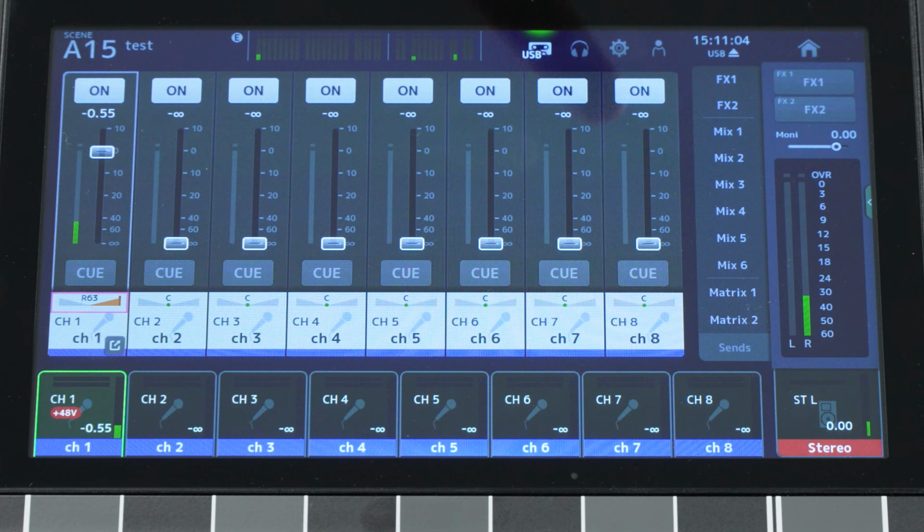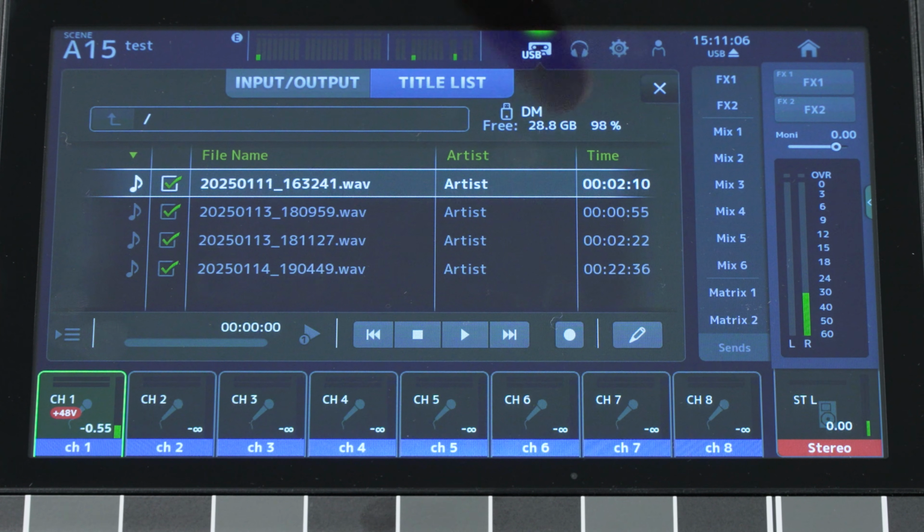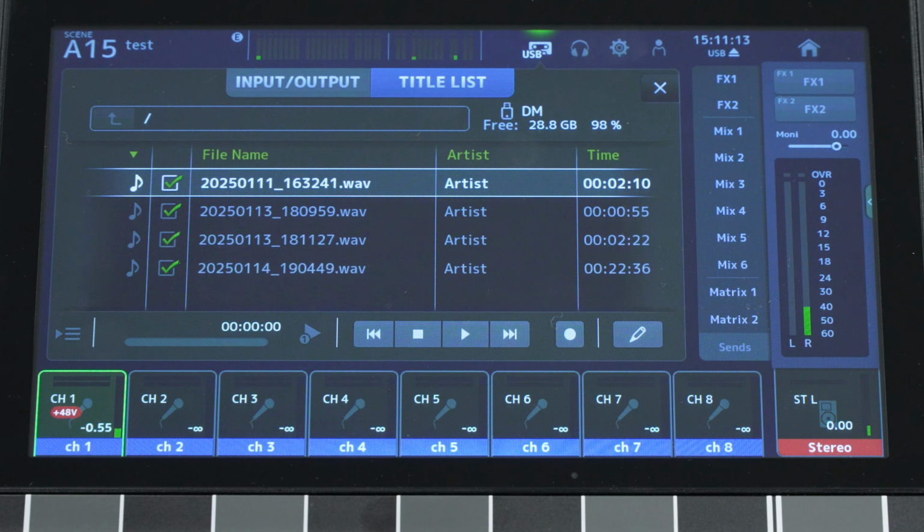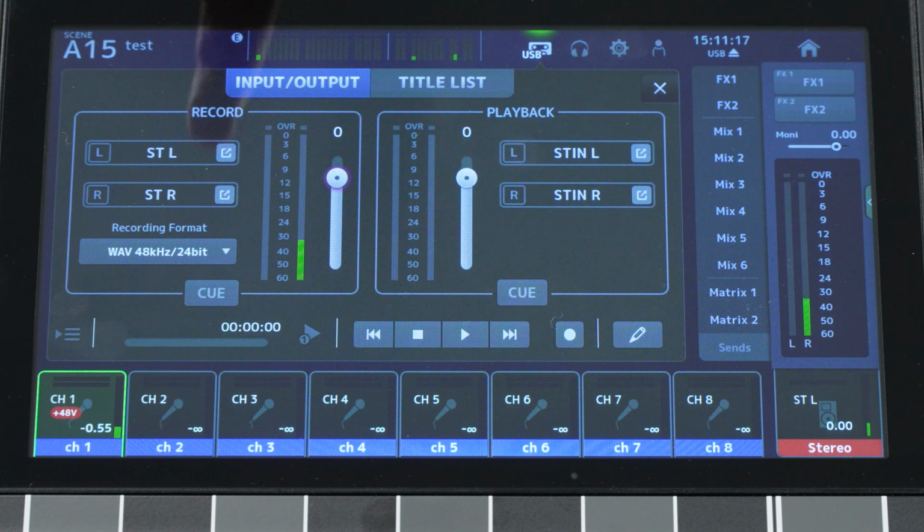Press here where the tape icon is shown, and you'll get one of these menus. The title list shows all the recordings that you've previously made. The input-output menu shows what audio inputs you're going to capture. In this case, I want to record stereo left and stereo right. I can see that it's already set to stereo left and stereo right,